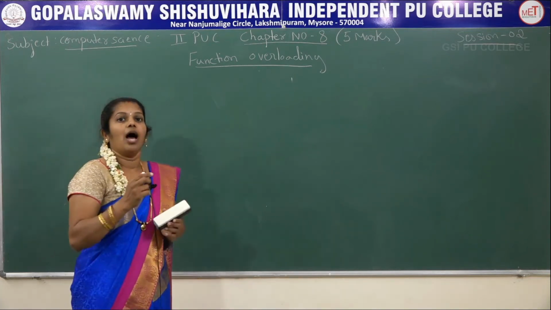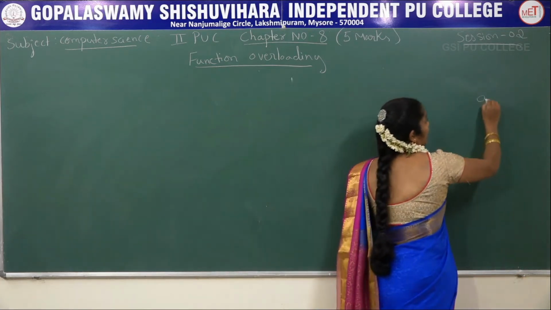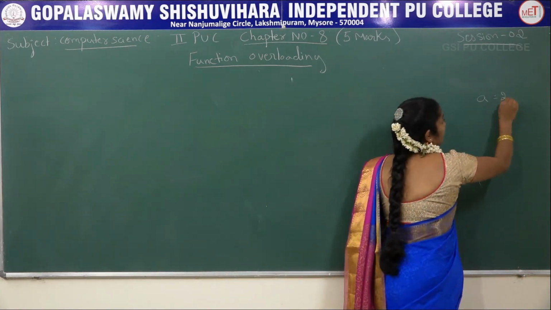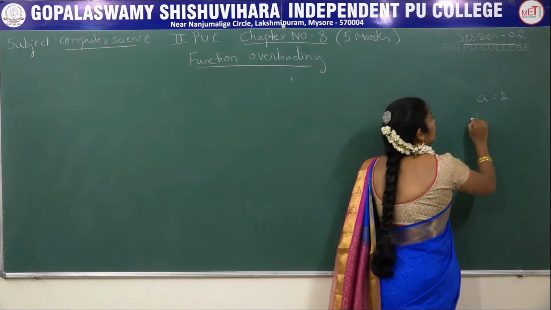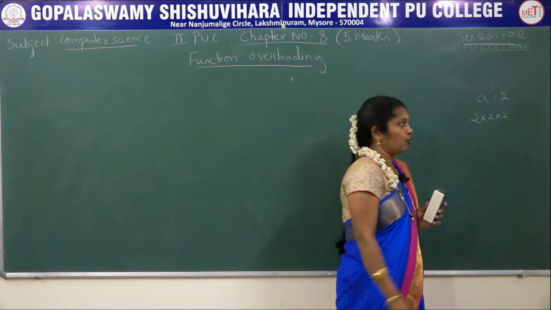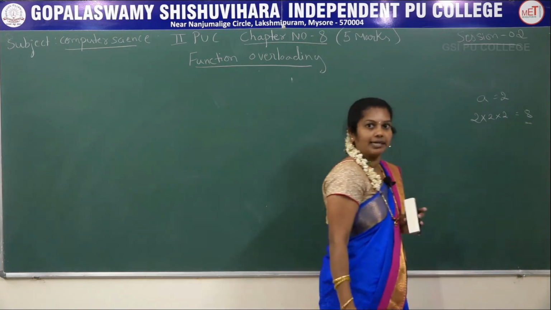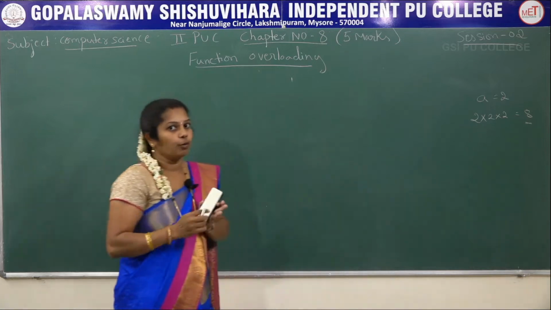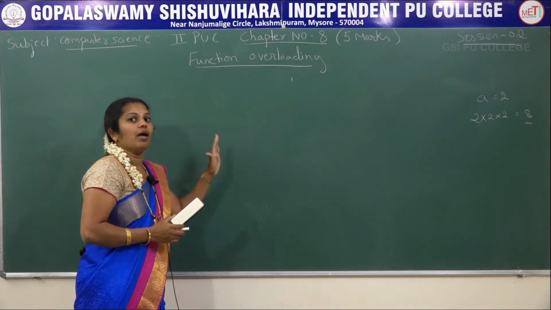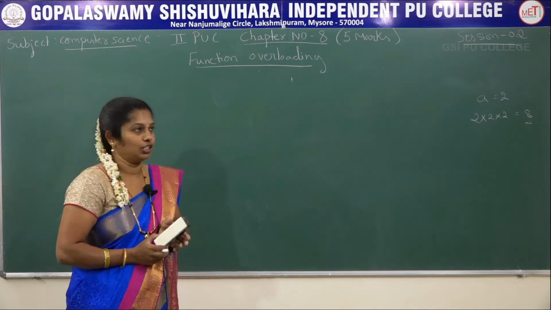For example, I want to find the cube of a number. For example, if I give a is 2, then what do you mean by cube of a number? That is 2 into 2 into 2, that is 2 into 2, 4, 4 twos are 8. The result has to be generated as 8. That is the aim of the program. What is the aim of the program? I want to find the cube of a number by using an inline function.